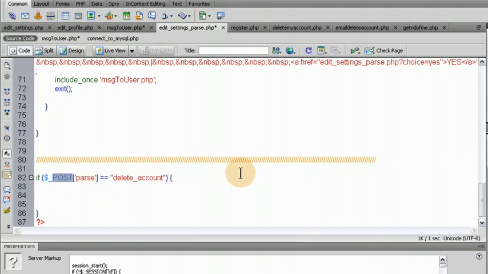You can use get or request. I'm going to use get. Request also works for URL variables. That's variables that are in the actual URL address, the way I set up for that yes or no link. Now if get choice, that was the name of that variable, equals yes,